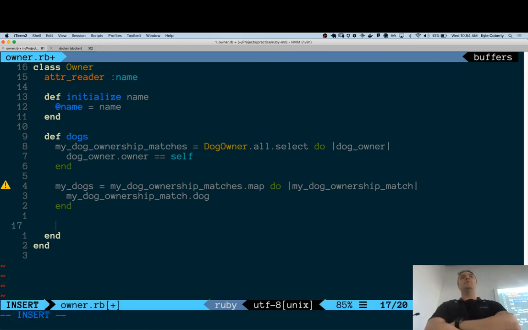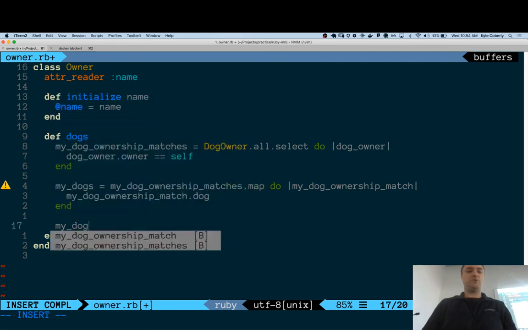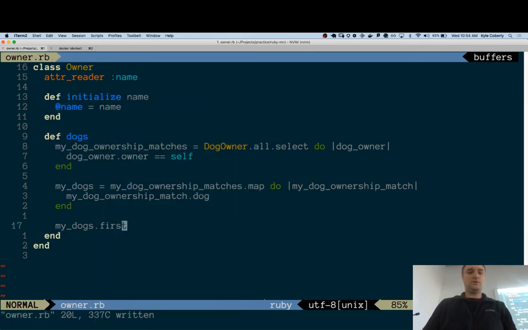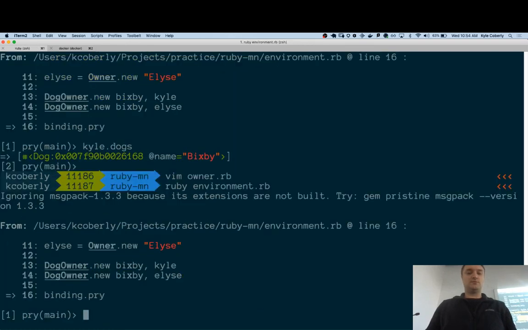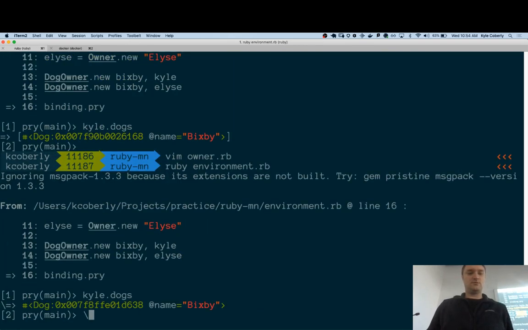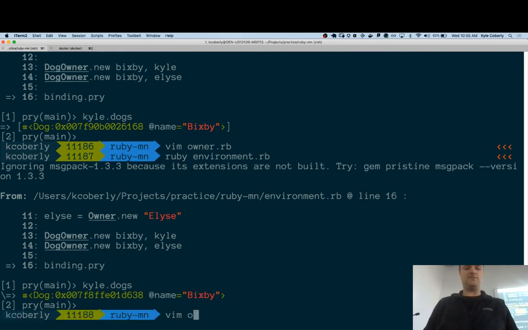What could I do? You could dot first your resulting value, which is an array. Perfect. So if I just bring back whatever the first one is, cool, not in an array. Right. Now, I don't like that though. And also, I'm calling it dogs, but I only get one thing back. That's confusing.